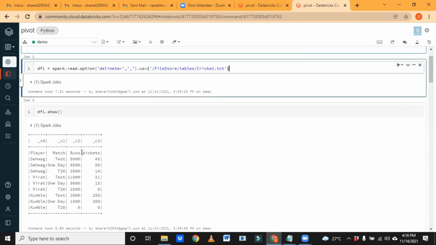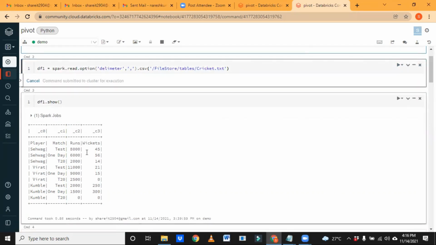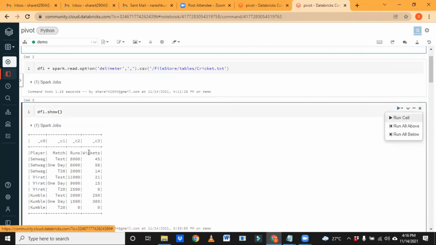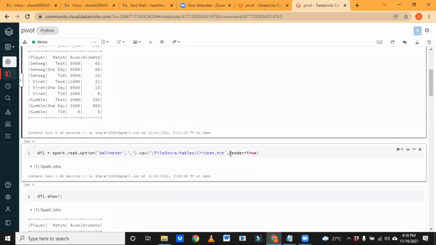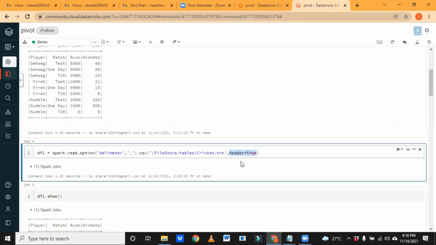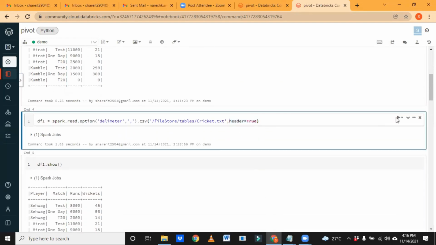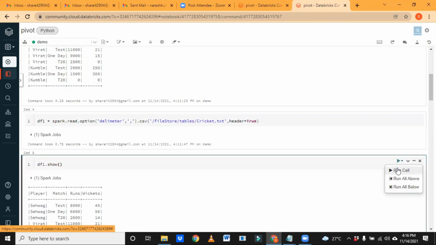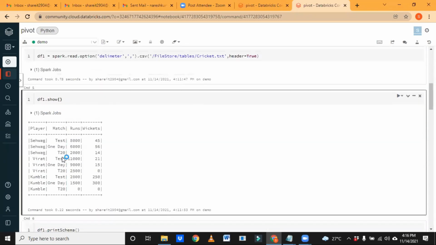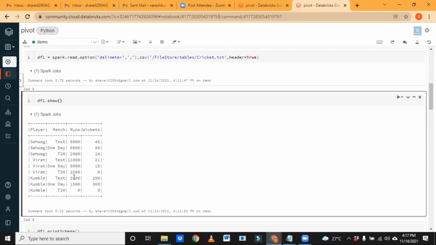When we run this, you know very well that I'm not using any other functions or options, so it will populate data like this. This is the column name actually, but since we didn't provide anything here, it has taken it as data and given some default column names. But generally we have to set header true. When we put header true, it will consider the first row as the header. So something like this. Now we are able to see this data, right?